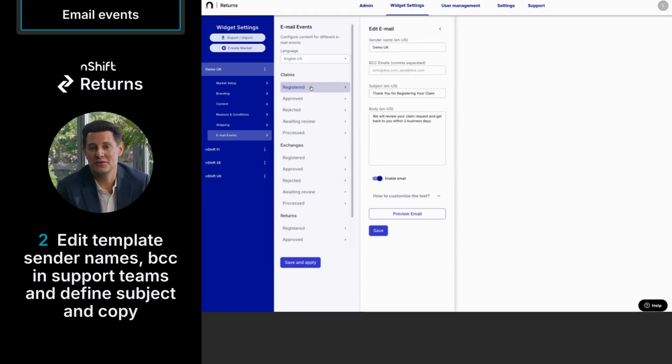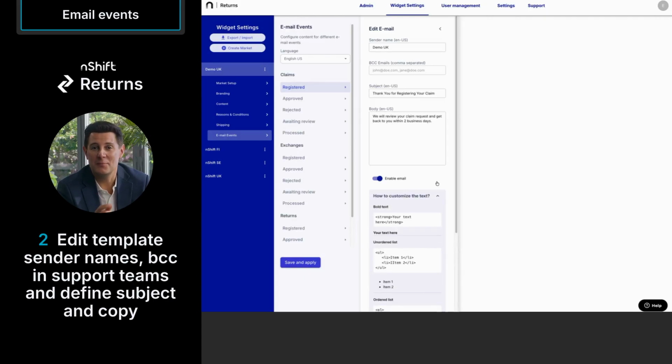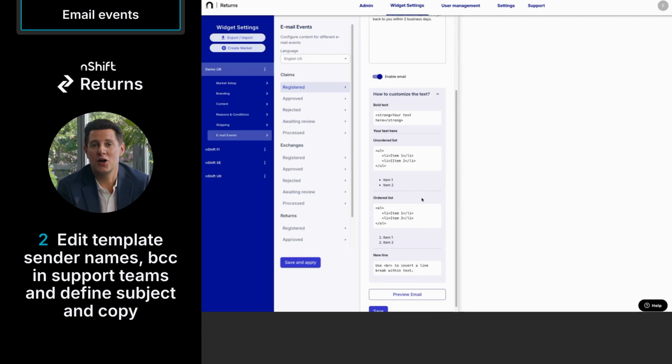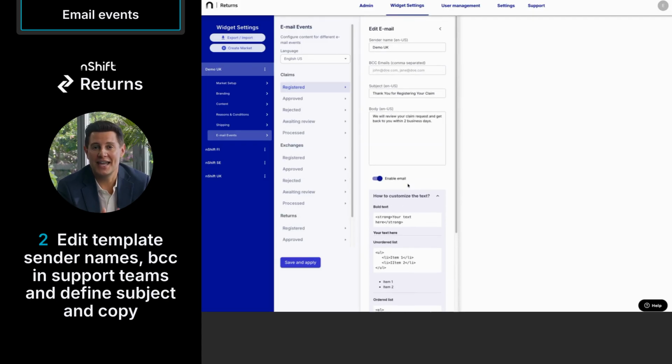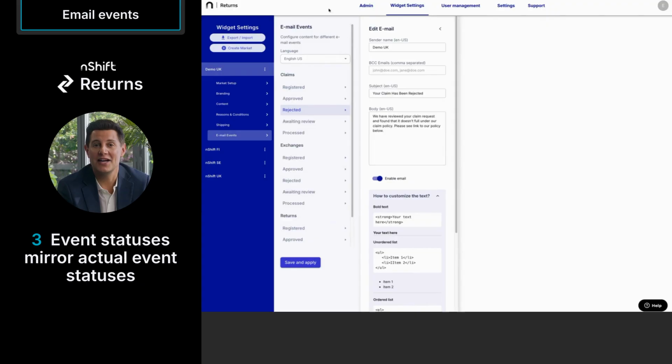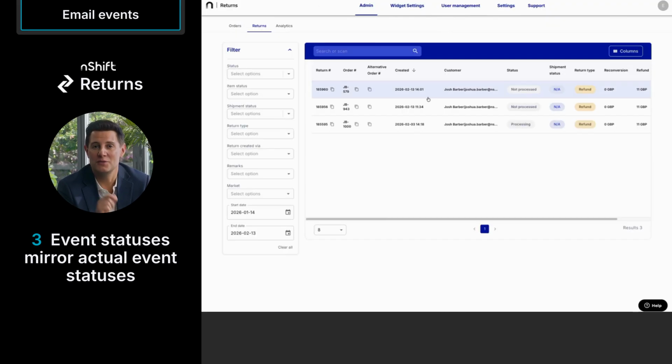When editing an email template, such as the Claims Registered Status email, you can configure the sender's name, add a BCC address to automatically copy your support team, and define the subject line and body text. The email body utilizes an HTML-enabled text box, allowing you to incorporate HTML elements for customized styling and to dynamically list specific order items. Crucially, these email event statuses directly mirror the actual operational statuses of the return orders in